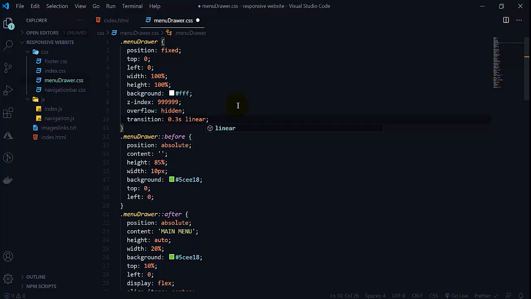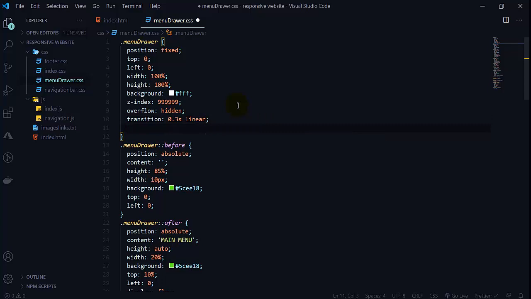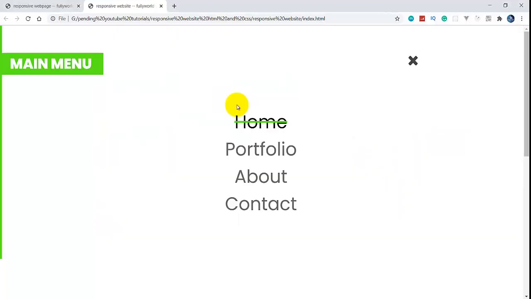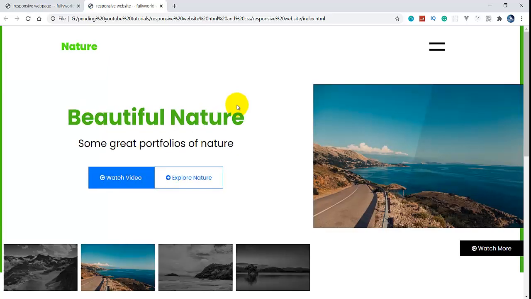Transition is just for animation, and we want its right as -100% because we want the drawer to come in from the right side only. So here see that our page is coming first. Whenever we click here, nothing is happening.